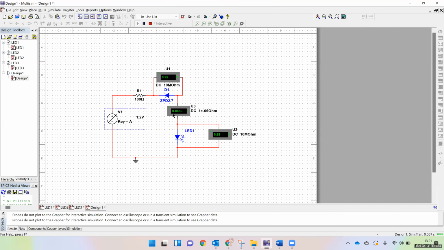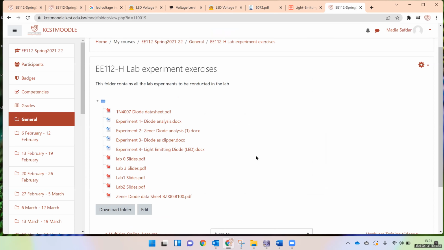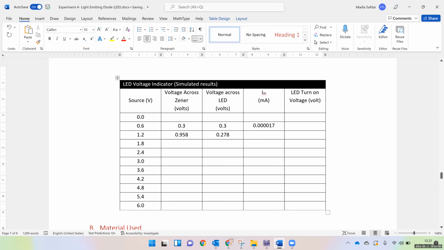The current is 0.063 micro, which means 0.000063 milliampere. So then